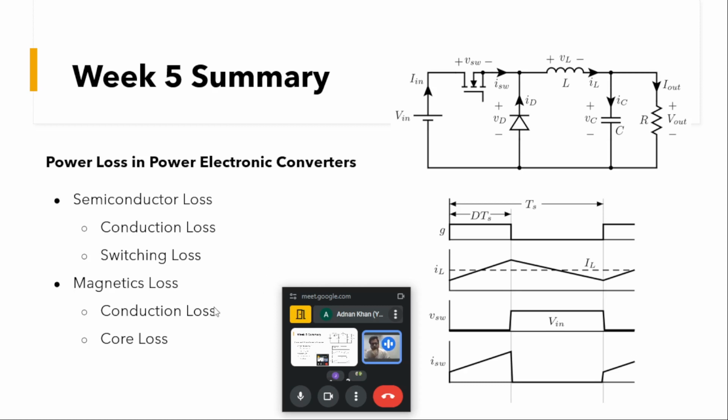This was about the outline about the switching losses. Coming to the magnetic losses, as you can see, besides these switching devices there are other magnetic components like the inductors, and besides these inductors there will be some parasitic resistance associated with this inductance, and whenever there is a current flowing through this magnetic component, there will be some loss associated with this